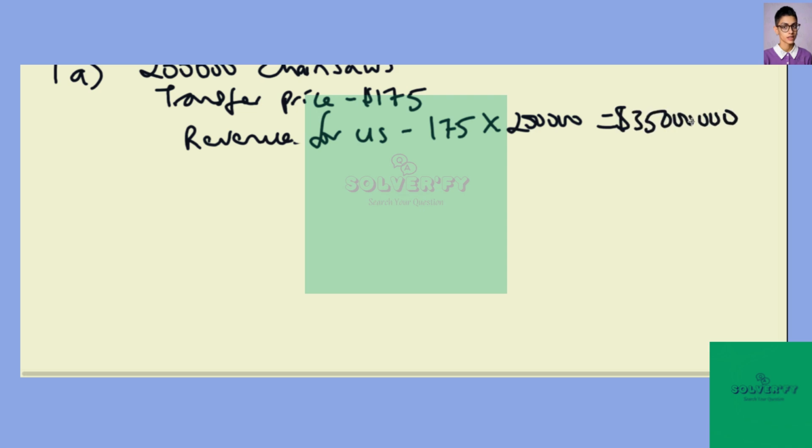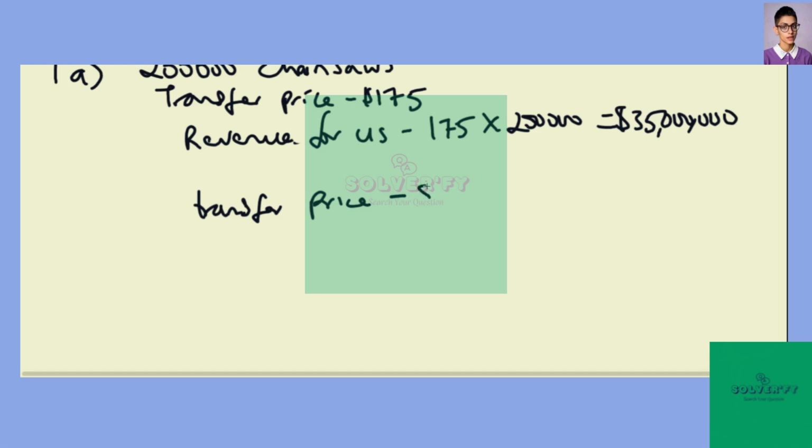The manufacturing cost is the same as revenues, resulting in zero operating income. So that is for the US. For the French division, the transfer price